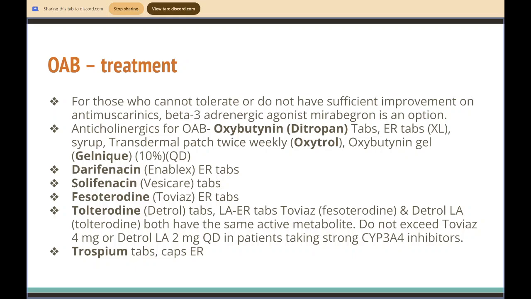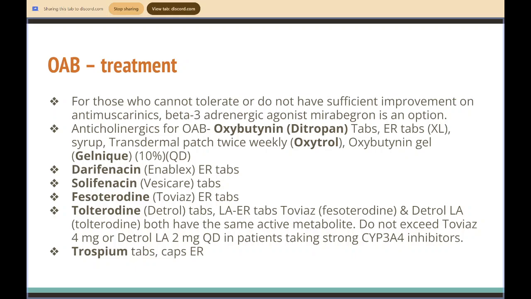So some of the anticholinergics, as well as their brand names, are going to be oxybutynin or Ditropan. It's available in tabs and extended release form. There's a syrup. The transdermal patch, which I talked about earlier, you use twice weekly, Oxytrol, and then oxybutynin gel or Gelnique 10% used once a day. You have darifenacin, which is Enablex, extended release tabs, solifenacin, which is Vesicare tablets, fesoterodine, which is Toviaz, available in extended release tabs,